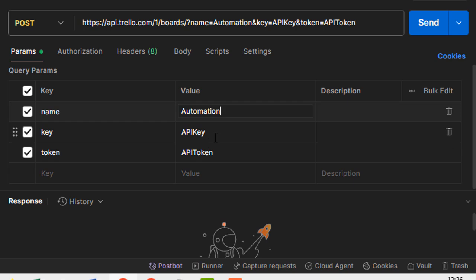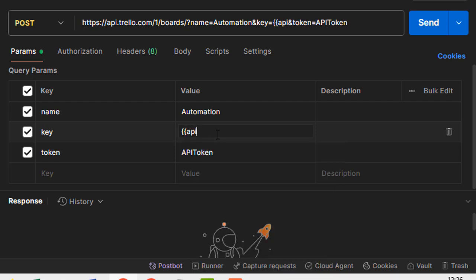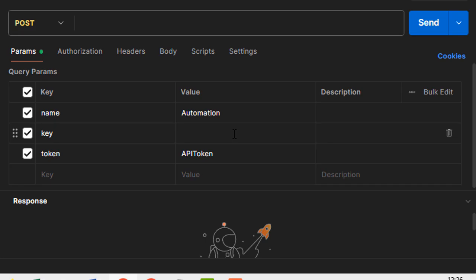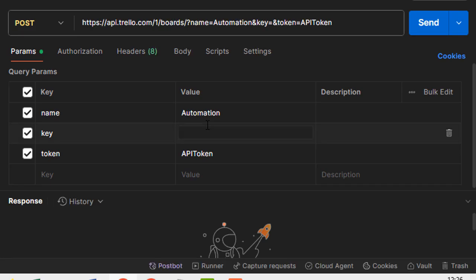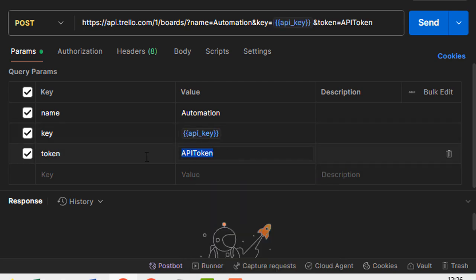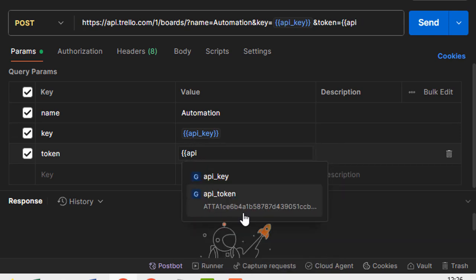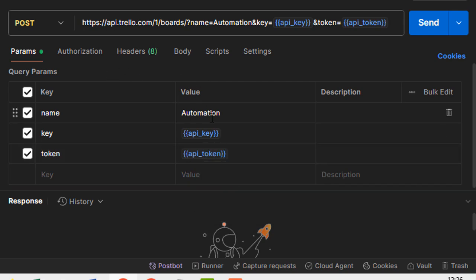The API key I already declared in the global variable, so I will write API key. It is not showing here, so let's save it and reload this. Okay, now it is showing API key, and here I'll select API token. Okay, this is the automation, so I can change the name